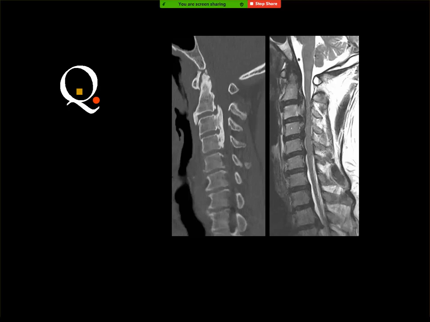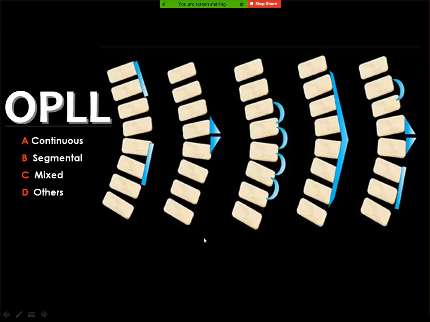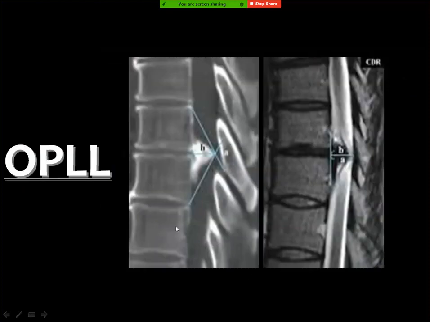Ossification of the posterior longitudinal ligament, and also some ossification of the anterior longitudinal ligament. But what's important is the posterior one because of the encroachment on the spinal canal and the compression of the cord. And according to the literature, there are many types of ossification of the posterior longitudinal ligament, like the continuous type, the segmental type, or the mixed type, and many other types that can be described in the literature. What is important for me is this type that I have seen,